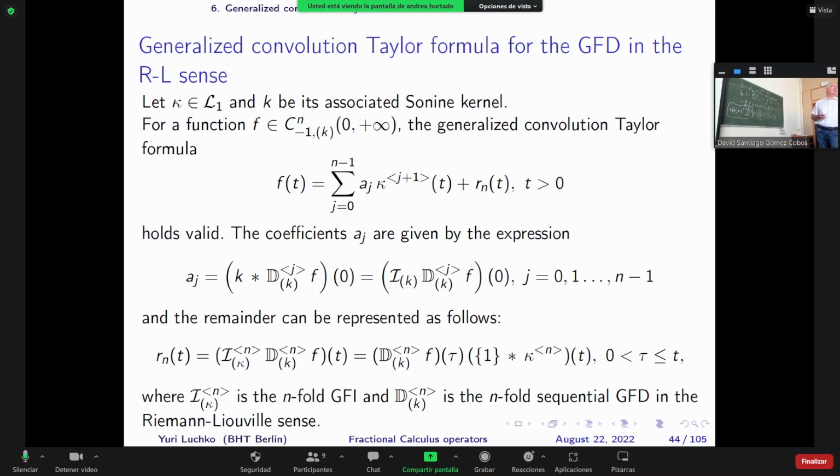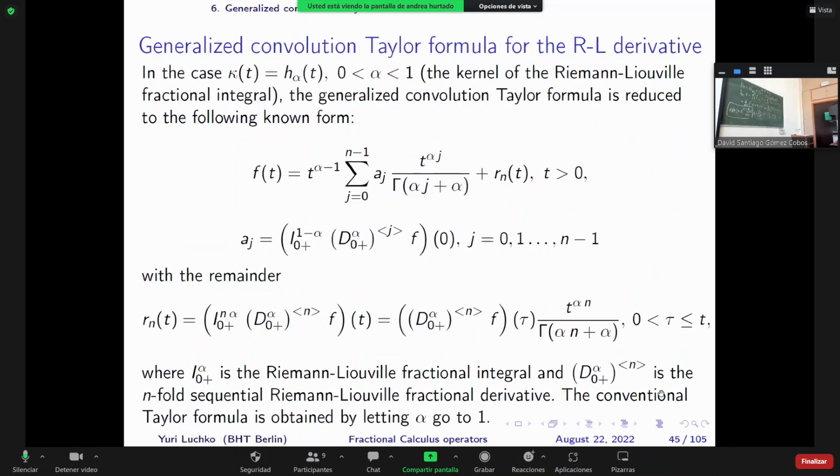Of course, the same play can be done here. We can pose and solve the question regarding convolutional Taylor series, but first I would like to show you an example of this formula, generalized convolution Taylor formula,